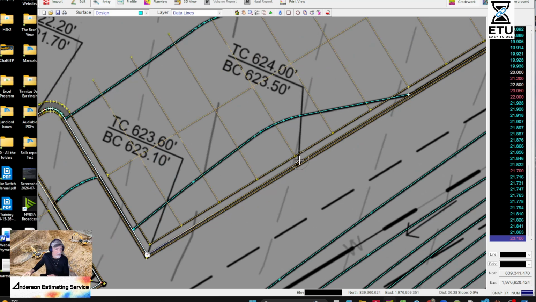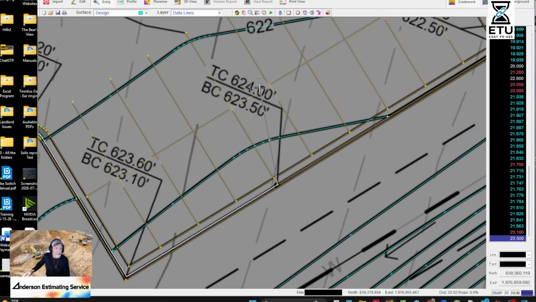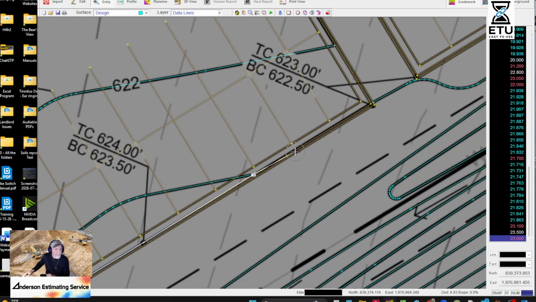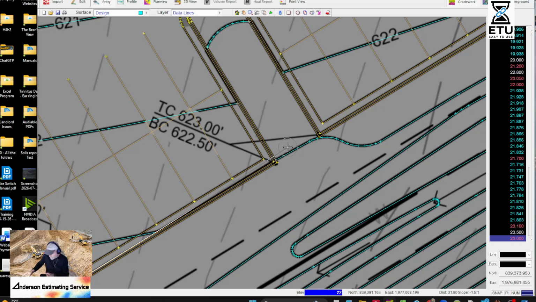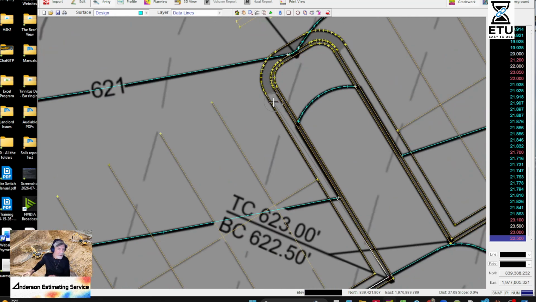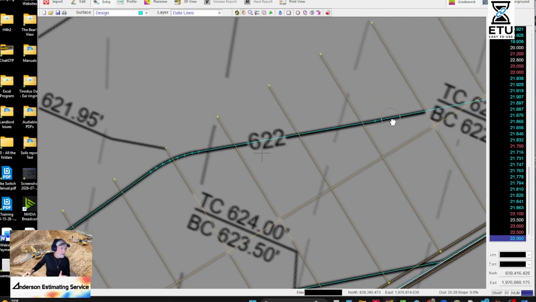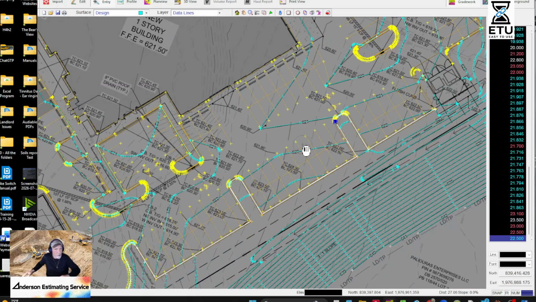This one has a high point right here, 23.5. That doesn't even make sense. There should be a 24 there then. Something's wrong. See how there's a 24? Should be a 24 contour right here. And then 22.5. And we're just going to go all the way up to the top. See how they're all the same? Look at the contours. See, boom, boom, boom. They're all the same distance apart.